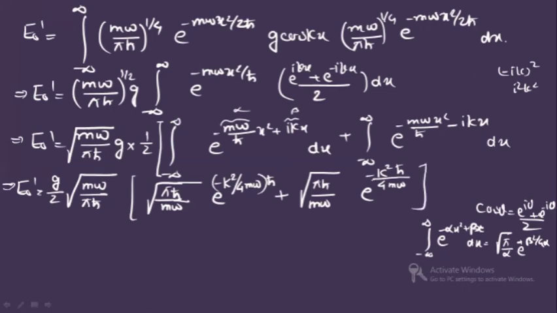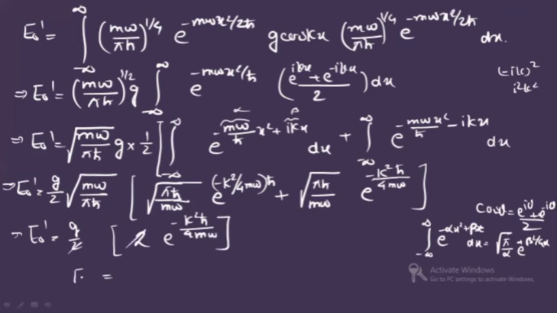Now you see this pi h cut by m omega and this m omega by pi h cut will get cancelled. So you will have g by 2, this term I'm getting cancelled, right? And it is e to the power minus k square h cut by 4 m omega, and the second term is also e to the power minus k square h cut by 4 m omega. So this will be twice of exponential minus k square h cut by 4 m omega. Clear? And this 2 and this 2 will get cancelled, and you will get the ground state correction to the first order.